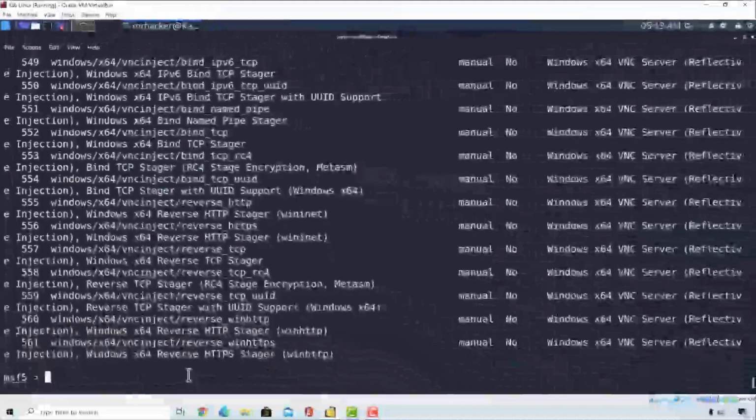For example, we can use the show command to list out any type of modules we want. So we know that there are over 500 payloads. We saw the number once we started Metasploit. In order to list all of those 500 payloads, we can type show and then payloads. If I press enter, it will take just a few seconds and it will list out all of the available